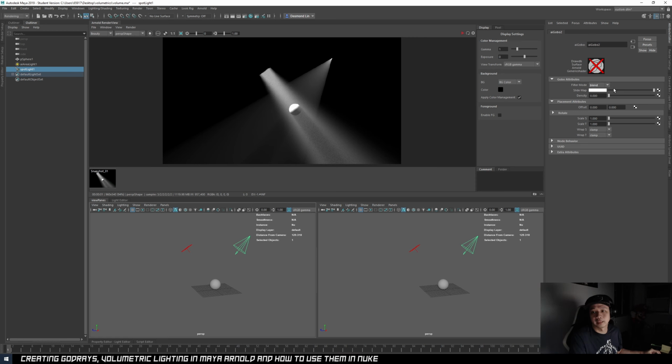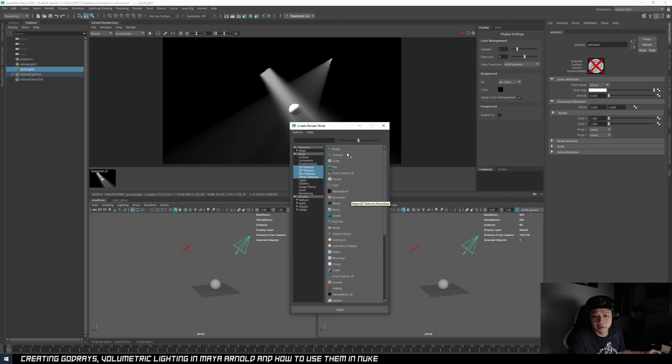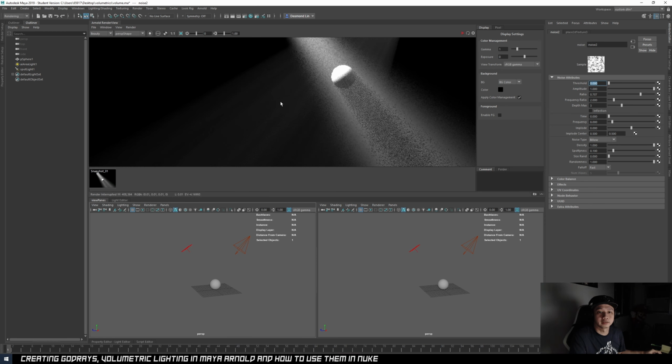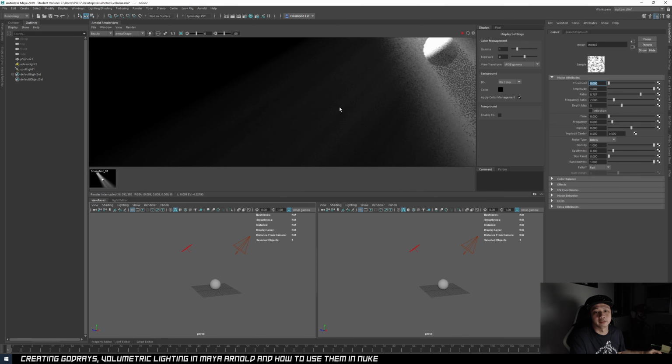You can see that slide maps we can input in a file, or probably you can generate any noise pattern if you want, or any custom pattern that you want to get this volume to look like. But for now, in this example, I will just use the noise. Now once I put in a noise pattern onto this spotlight, you see that it gets different. Basically, the noise breaks up the light, and you get different shafts of light.